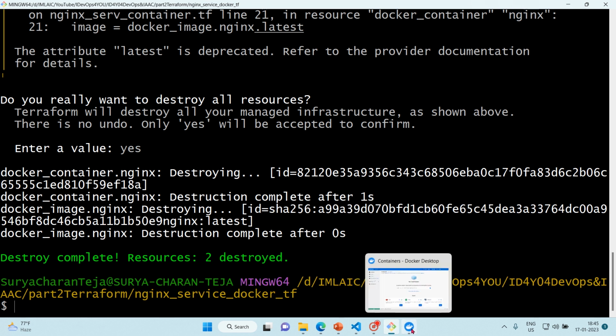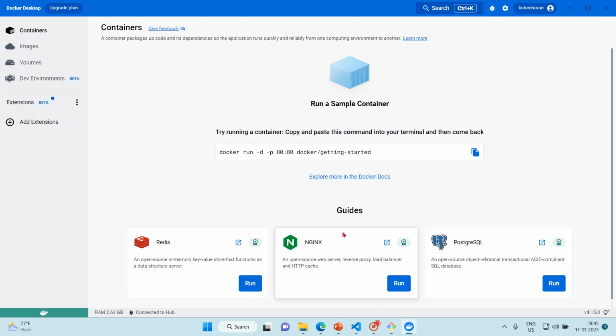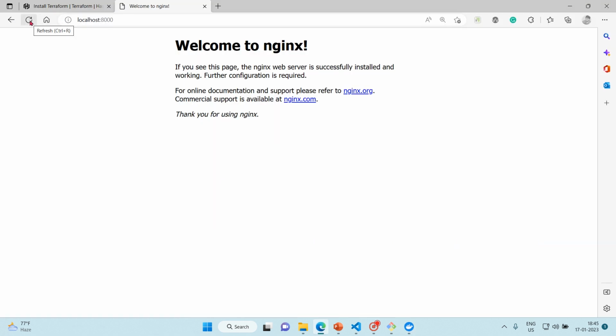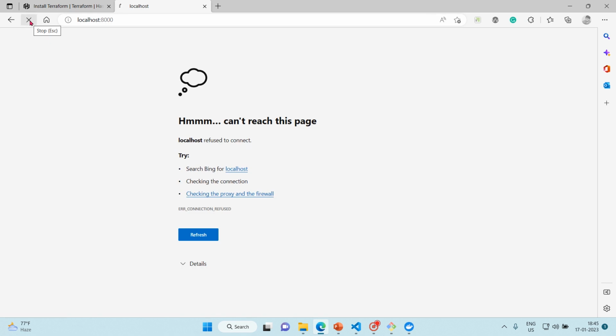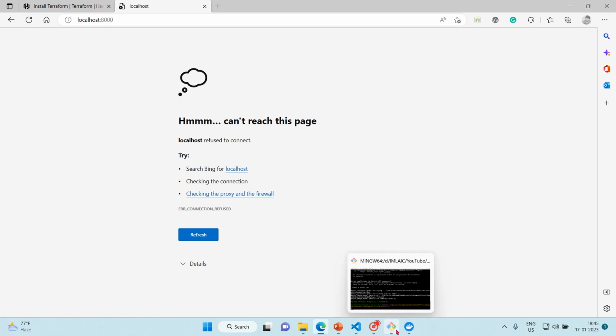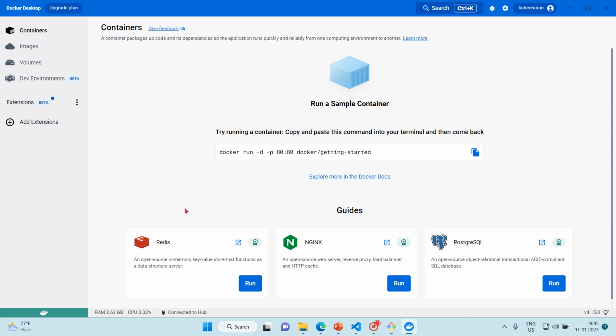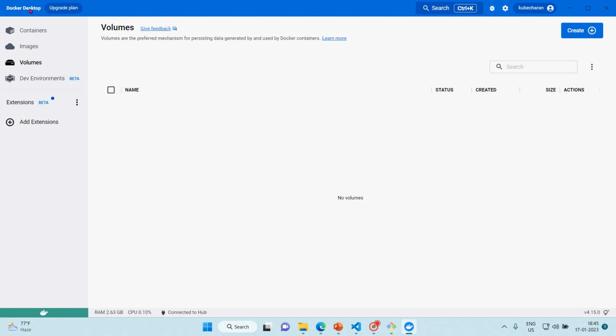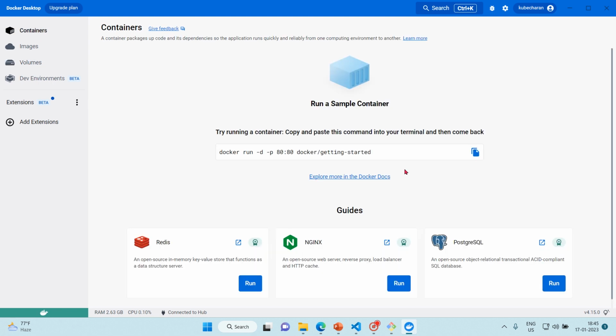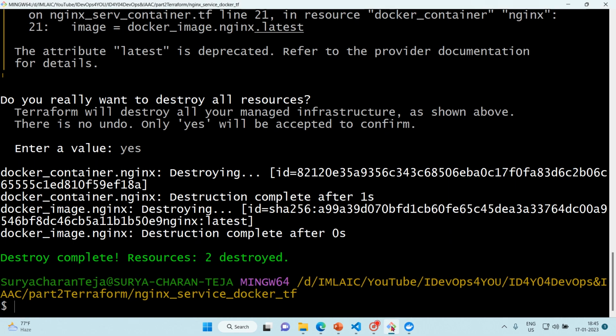So now let's get back to the docker and let's see what's going to happen. Here it's gone, and let's get back to the browser and see what's going to happen. So I'm going to refresh it. So refreshed, and it's gone. No application because there is no such resource, that's the reason it's gone. So here there is no container, so the container is also gone. Images nothing, volumes nothing, containers nothing. Okay, all gone. So that's how with one command you can create and you can destroy, you can update